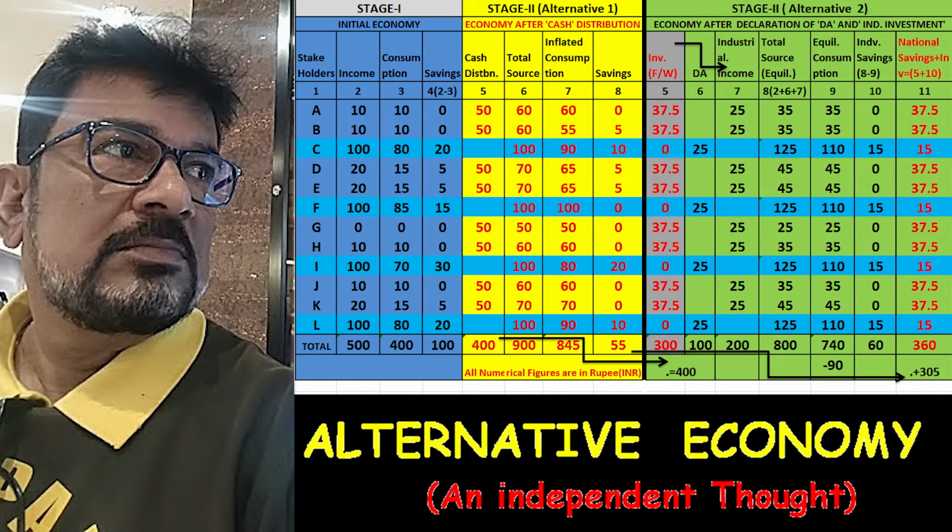And here is another indicator: total consumption when cash distribution was made was 845, which comes to rupees 740 when instead of cash distribution the money has been invested. That is, consumption has deteriorated by rupees 90. What is the indication? When cash distribution was made, then due to inflation, consumption cost was 845, and by investing the money without distributing direct cash, consumption has declined from 845 to 740. That is 90 rupees declined. Why declined? Because of the short supply of money in the hands of the people. Consumption declined. As consumption has declined, inflation also declines,